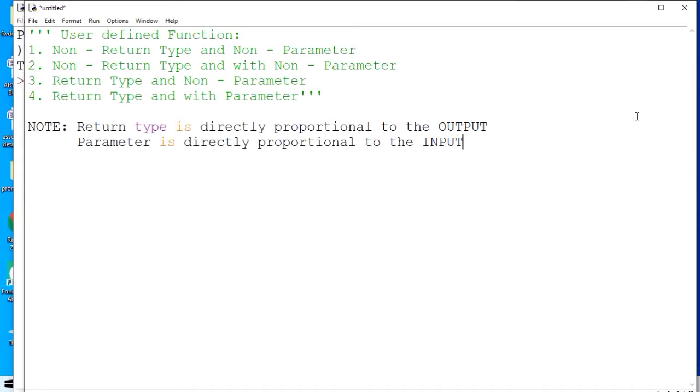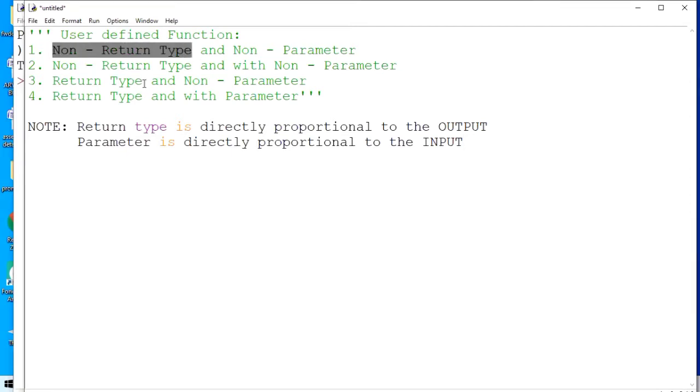What does it mean? If you'd like to show the output to the user, then you are using a non-return type function. If you would like to return the output either to the user or to some other code of the same program, then we use the type return. So if we are not returning, that means we are trying to show the output directly to the user, and that will be the variety of non-return type.